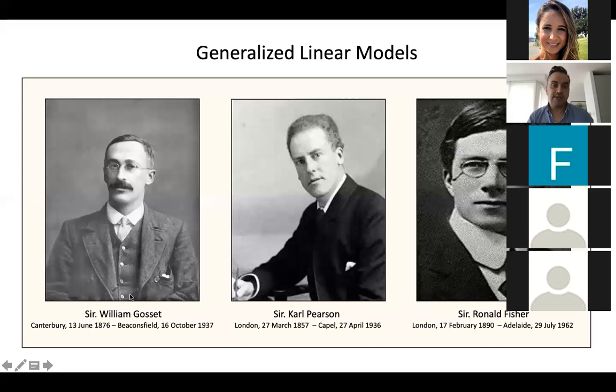Does anyone know which test to use? Flavia just answered in the chat: t-test, also t-test. T-test. So I can tell you that William Gossett was the one who invented the t-test, and we don't really